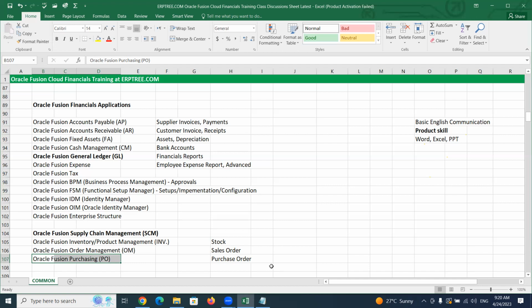From Oracle Fusion inventory, we are going to learn how to maintain the stock within the inventory, and how to manage the sales order process and the purchase order process. When we learn this, it's not like we'll simply go and learn. We have to set up these applications. We learn how to set up these applications. In reality, that is not our job. That should be done by the SCM functional consultant. We are going to act as finance functional consultants, and the SCM functional consultant should take care of these applications. They do the setups and all these activities.